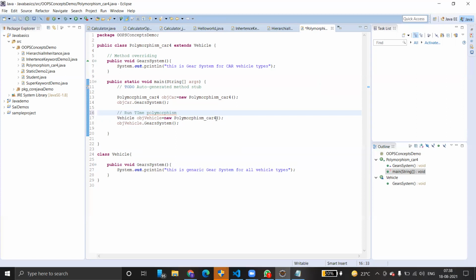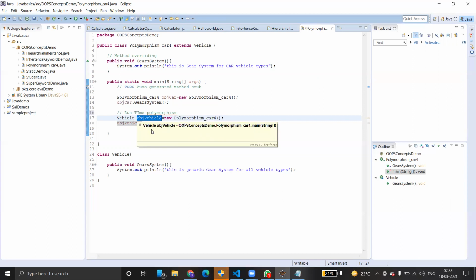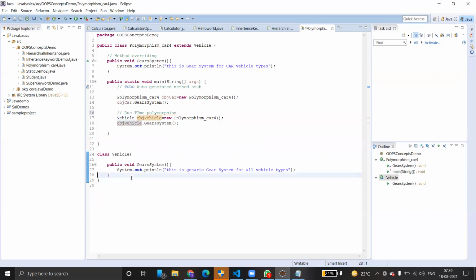Remember, whenever you use the new keyword, it will create the reference of the same object. If you give the car name, automatically those methods only get invoked, even though we create a variable for a parent class. See, look here. What is the type of the variable? It's a parent class type. But what happened? Even though it is a parent class type, we are able to access, for example, there is another method.